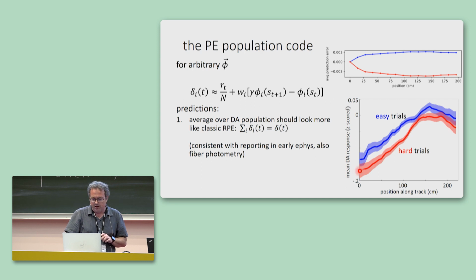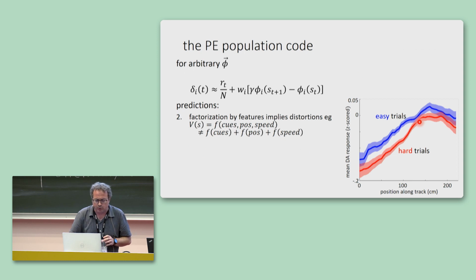I'm not sure you would say it quite this way, but one reason you might get a ramp like this from a classic prediction error signal is if there's limits in the way the function approximator represents value across space, if that's constrained in some way that doesn't let it catch the right shape that the value actually follows. That's going to cause a persistent prediction error even once you've learned the task, and in certain conditions that's going to ramp up. The question is why the state's constrained that way. What is it about the brain's representation of state or function approximation that causes this problem? And I actually think this work helps to shed insight into that